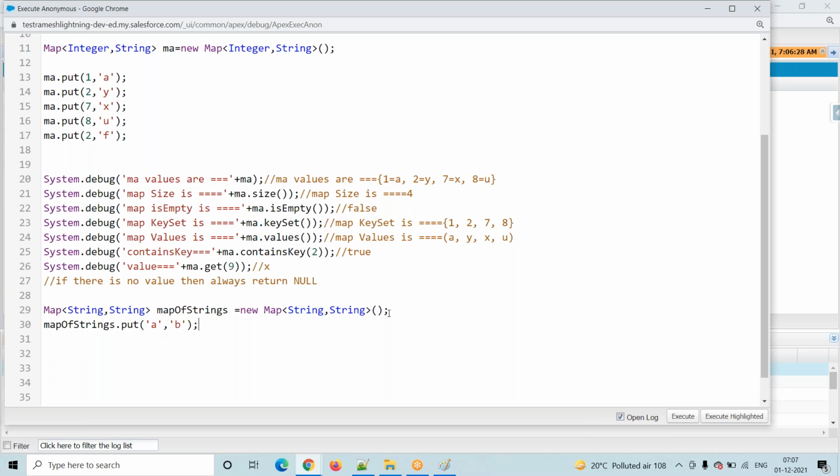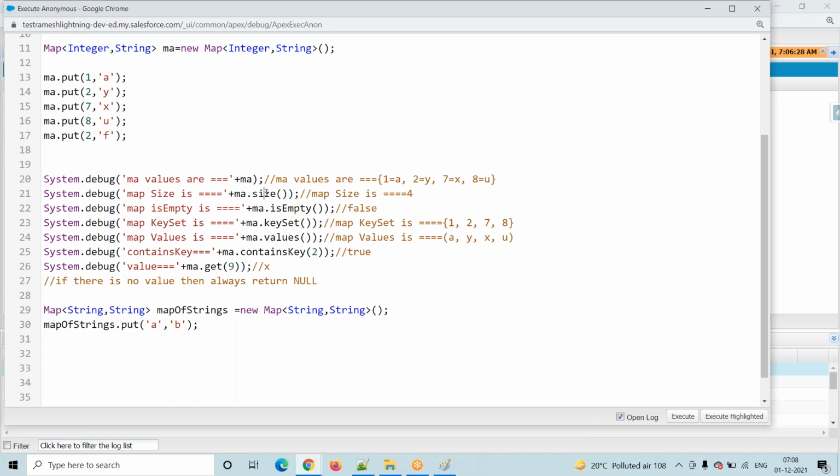Like that you just go and add it here. The first parameter, the key, can be any data type, and the associated value is also any data type. So map is nothing but an Apex class, it is key value pairs.